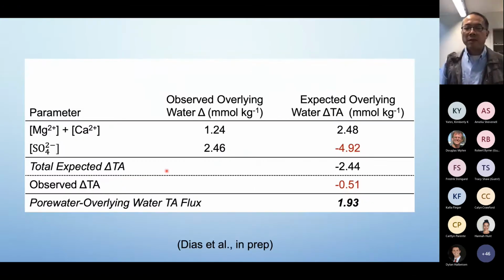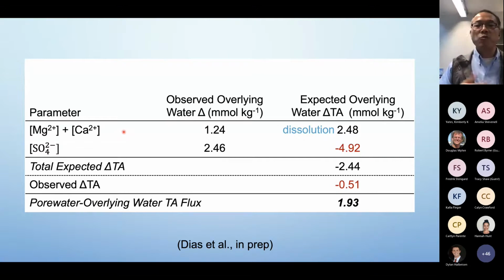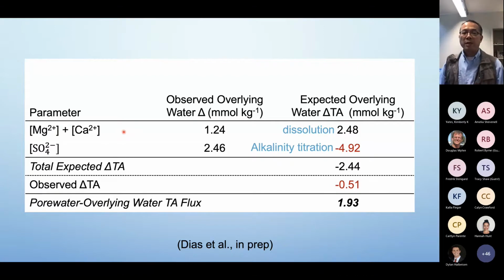And then this is also a very simple mass balance calculation. From these few different parameters and the change in magnesium and calcium, we can safely say that's probably because of dissolution of carbonate, and that would contribute to alkalinity. But at the same time, if there is sulfate production, which means sulfide oxidation, that produces acid. So actually that gives us a negative alkalinity. Overall, in this core, with the salinity increase from evaporation, the benthic production of sulfate is more than enough to compensate the dissolution, and then we have a negative alkalinity in the water at the core top.